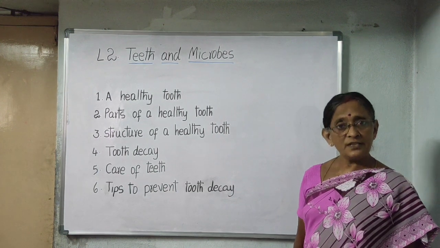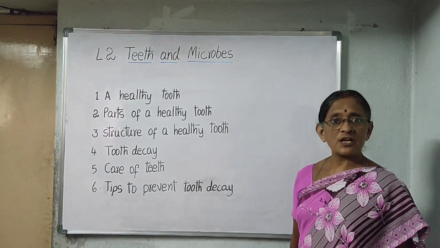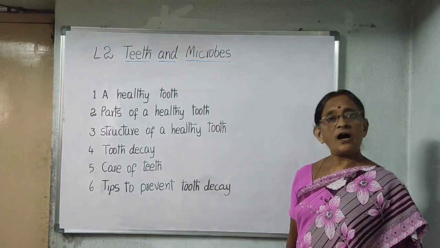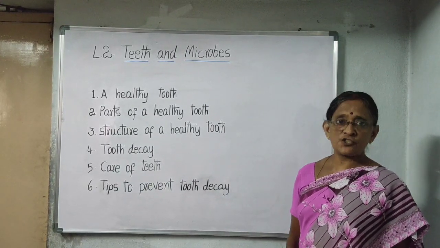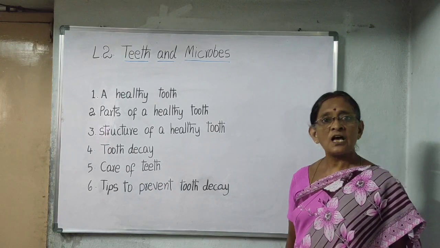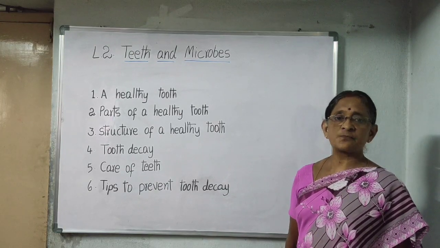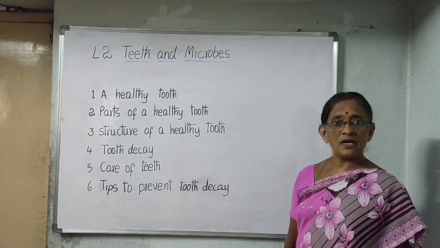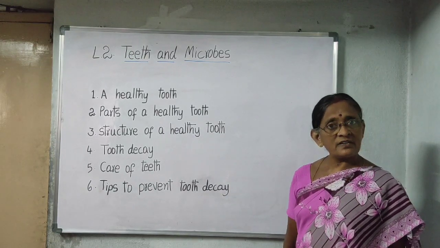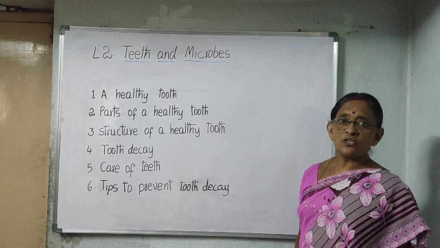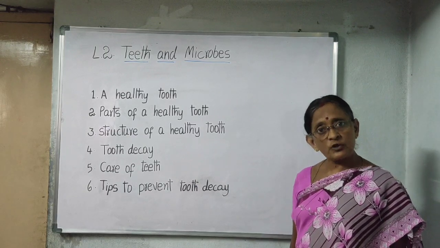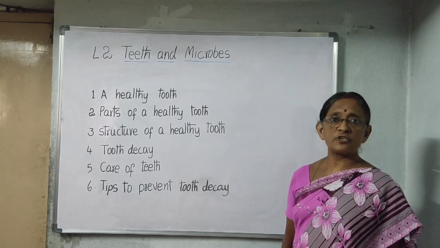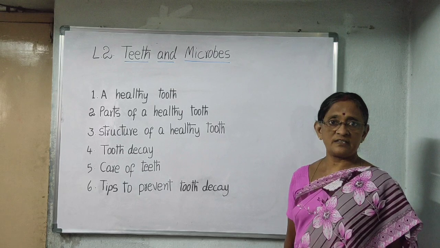Good morning. In the previous video, we learnt about the mouth, which is called the buccal cavity or oral cavity, its shape, its functions like eating and speaking, and parts of the mouth like teeth, gum, tongue, salivary glands, etc. We also learnt about the teeth, the importance of teeth, and sets of teeth such as temporary teeth and permanent teeth.